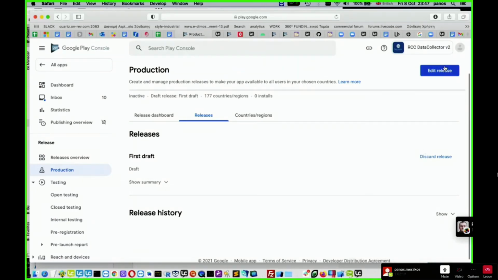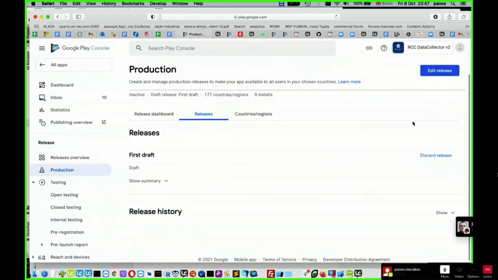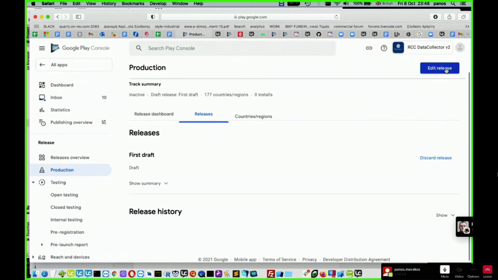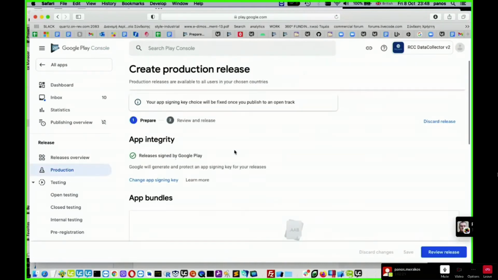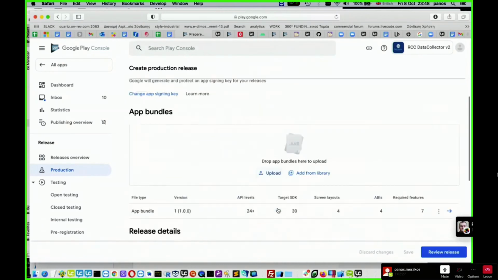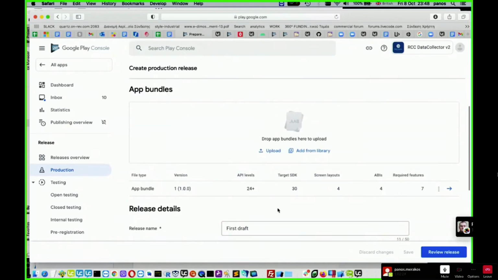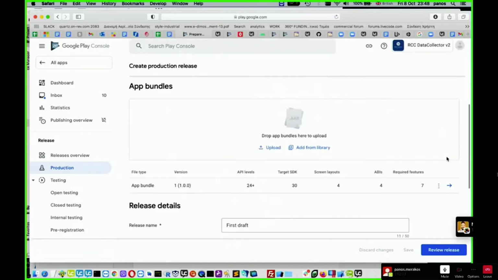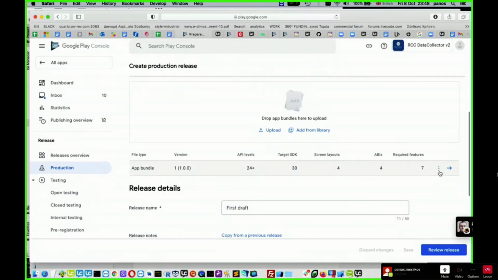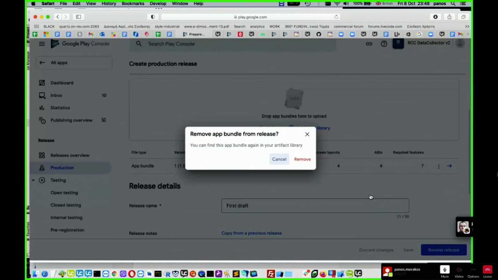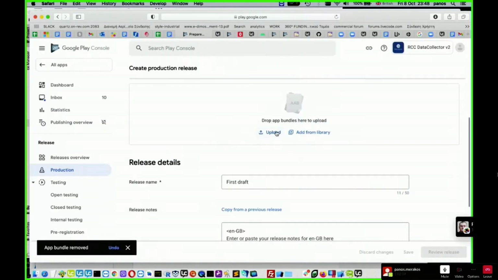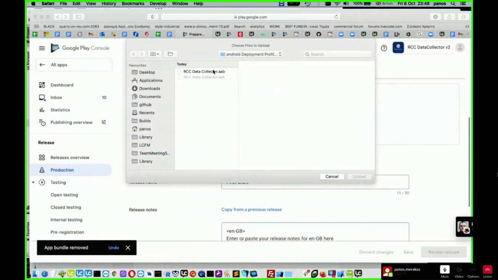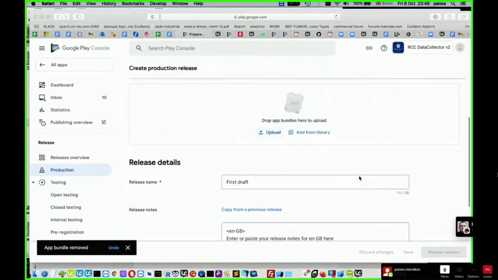So unless I click edit release instead of new release. I'm not sure if it will be accepted or not. Maybe if I remove this one first and try to resubmit it, since now I have already added the privacy policy.